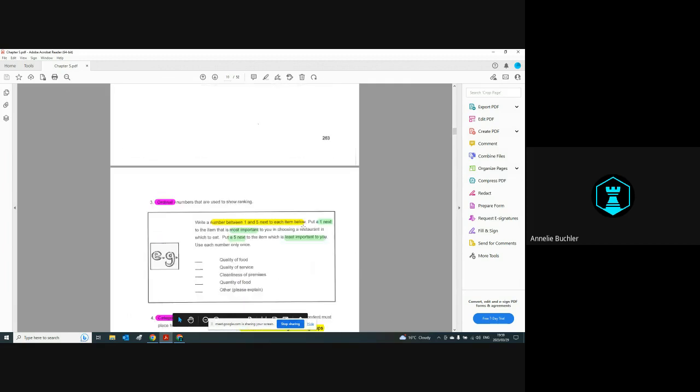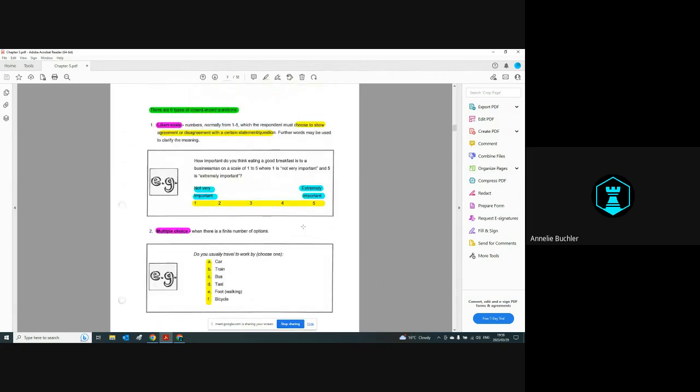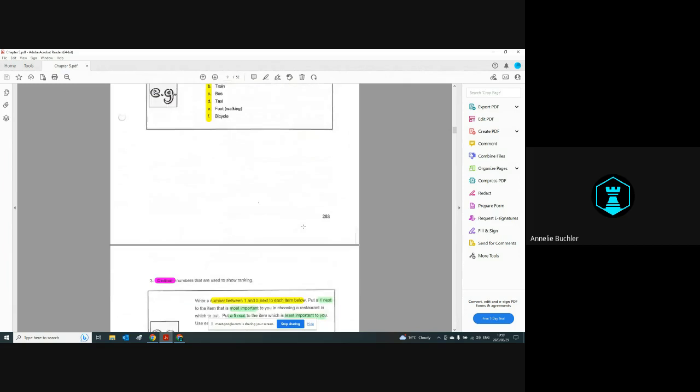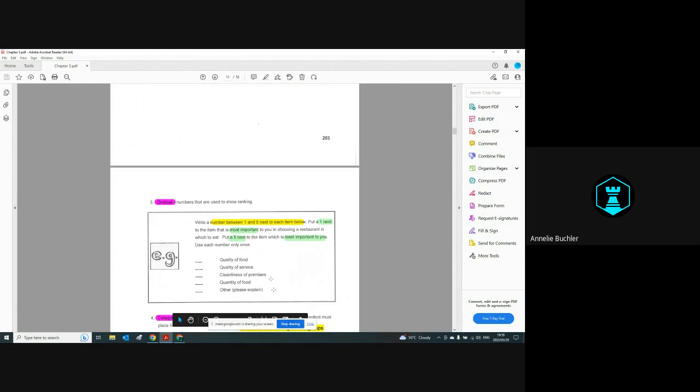Then we move to our ordinal measurements, okay. Ordinal numbers are used to show rankings, okay. So normally in the question, they ask you, choose a number between 1 and 5 to describe the item below. 1 is most important, 5 is least important. Now, the difference between,